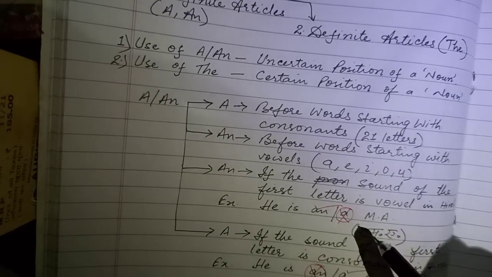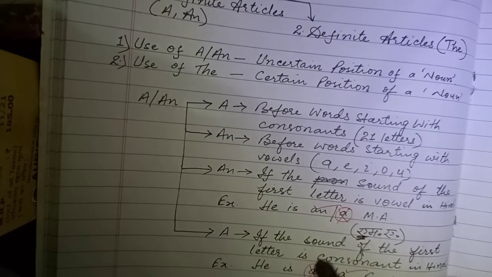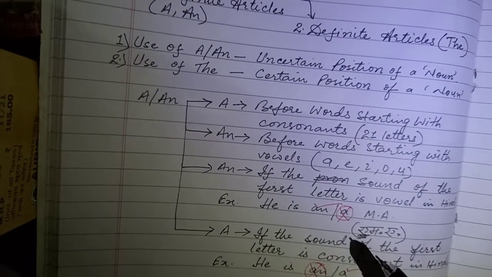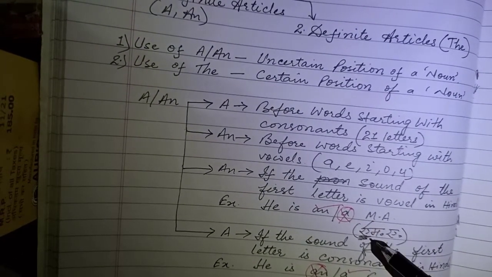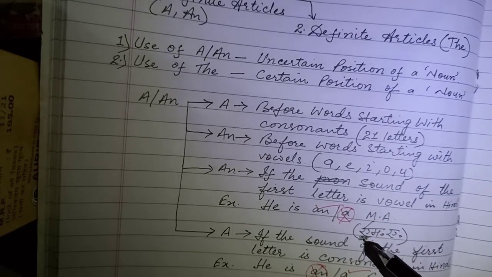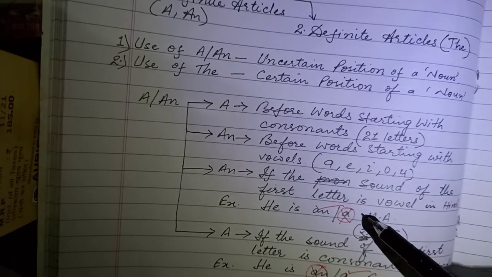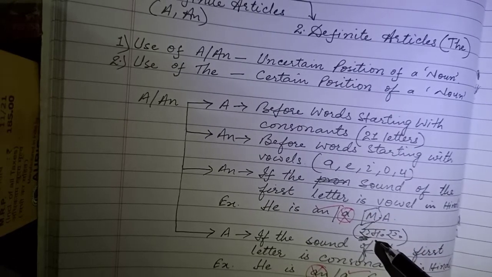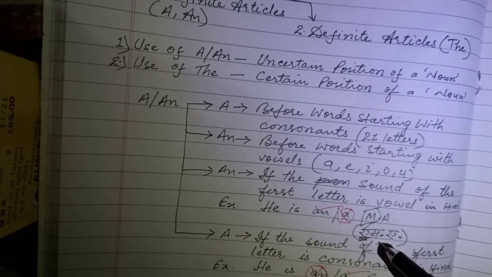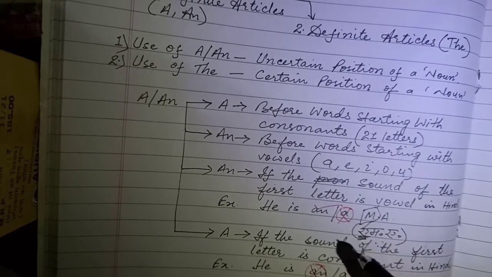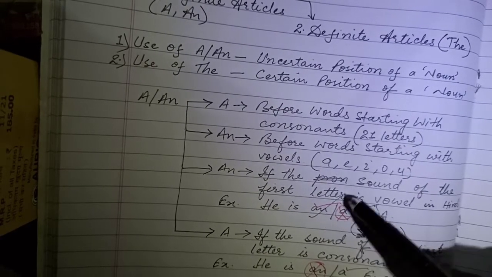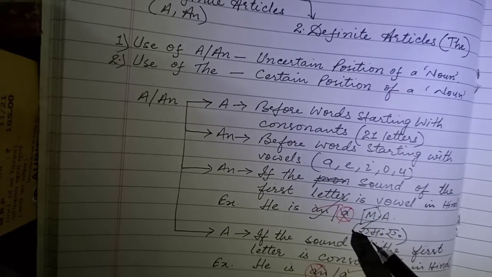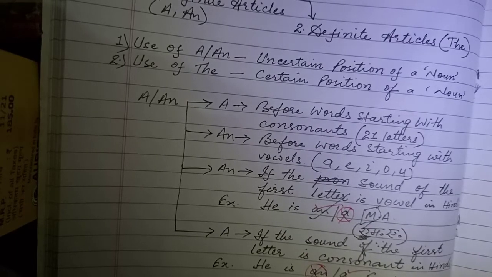And here is A, which I have written in Hindi. This A is a vowel of Hindi. So though you have a consonant here in English, when you write the same thing in Hindi, you have the sound of a vowel. So here there will be an, and a will be wrong if you use it. So the correct sentence will be he is an MA.